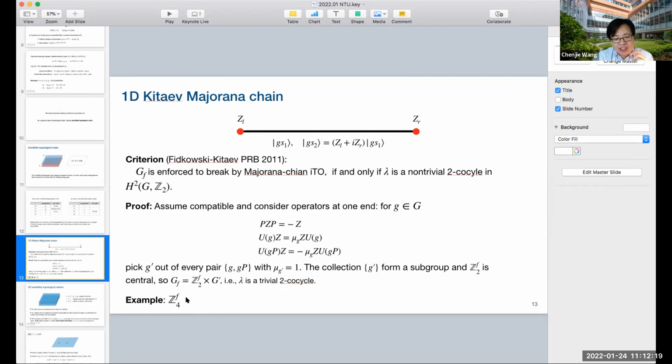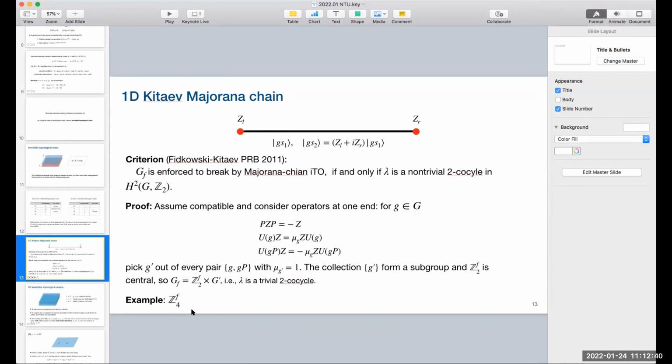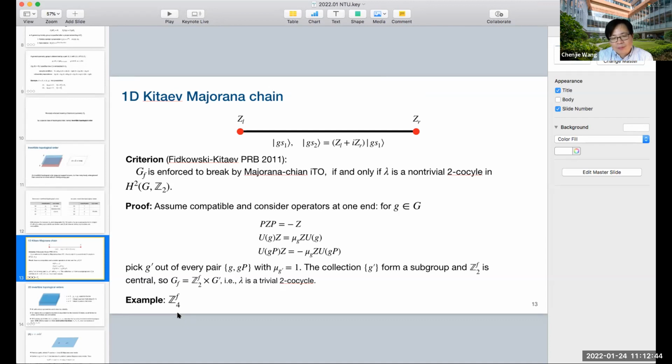So for example, you may still have this Z4F, in the sense that instead of a charge 2 superconductor, it's a charge 4 superconductor. So this example can be stated in more regular language: you cannot have a charge 4 superconductor that supports Majorana zero modes. I see. Yeah, okay. So that's one way to state that. Okay, great. Thanks. I think I've asked enough general questions. Any questions from the audience?